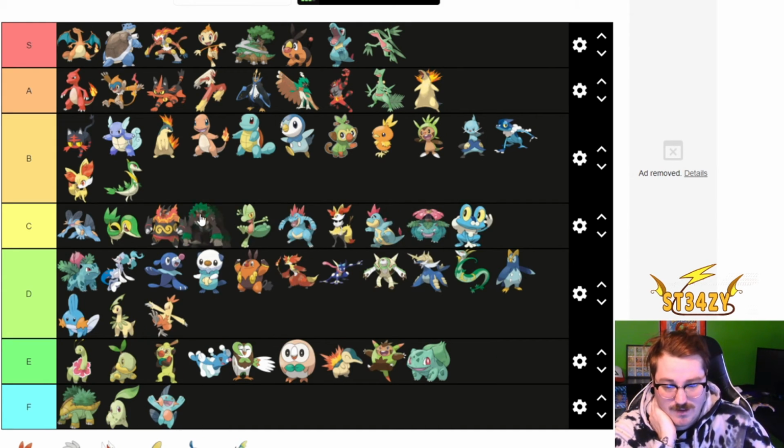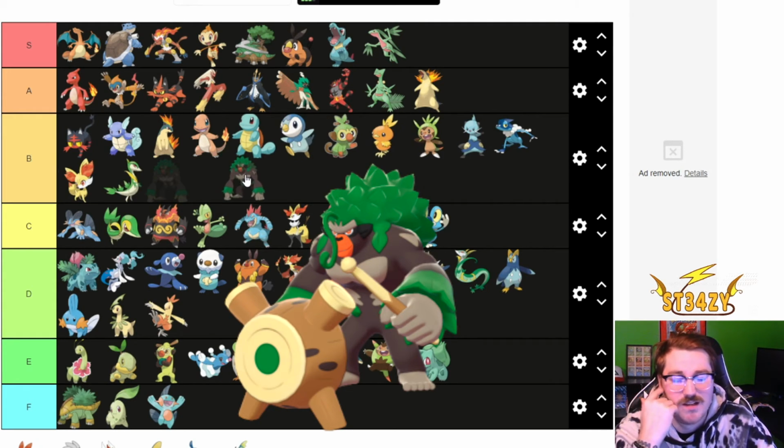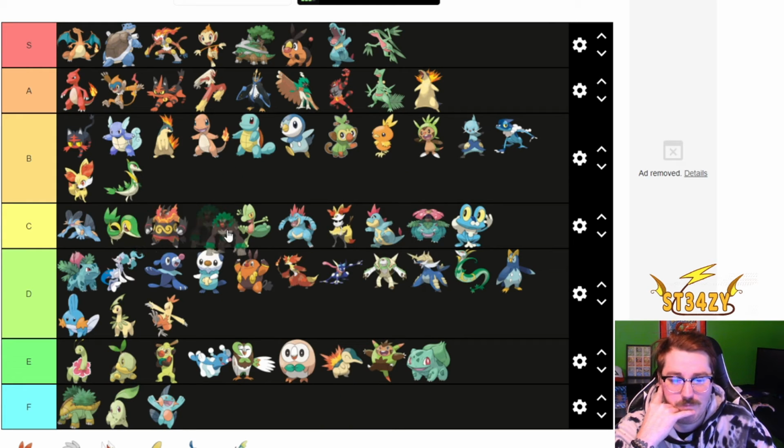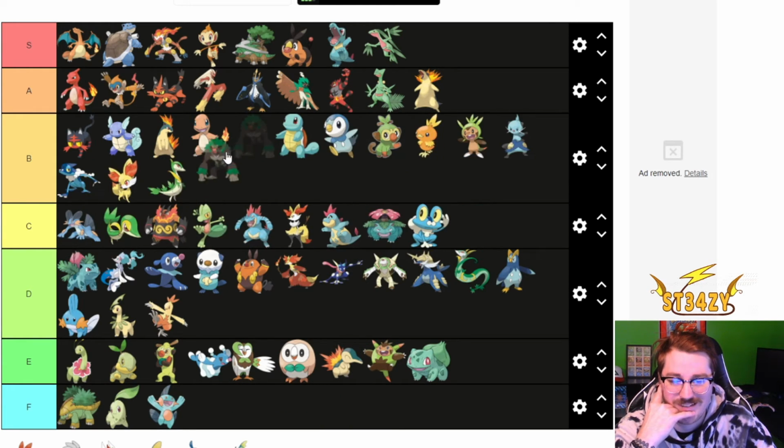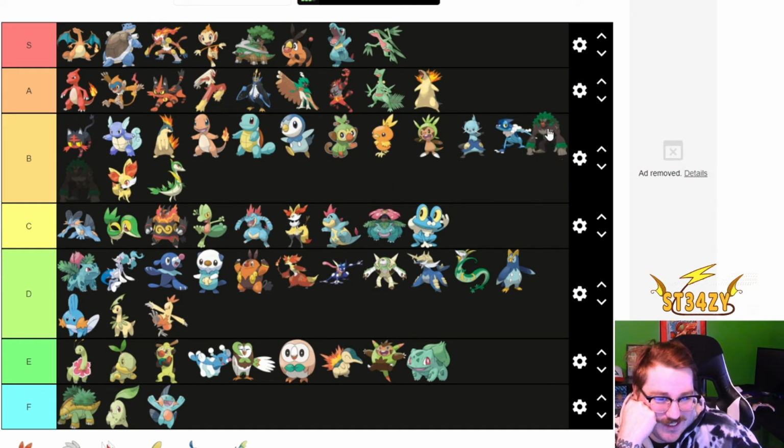Now with that being said, Rillaboom is really cool. I'm not a fan of Generation 8 needing to give them something to do. I don't like that at all. If he was just like this, by himself, that is such a cool looking Pokemon, but you have to give him drumsticks and you have to give him a drum set. I don't like that. I really don't like that. But I do like him quite a bit. So he's gonna go...